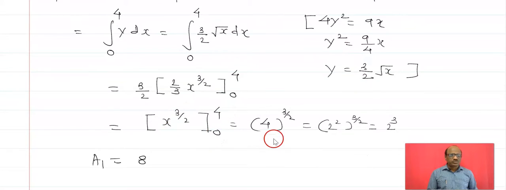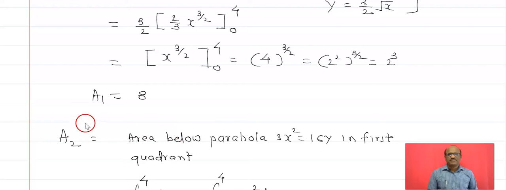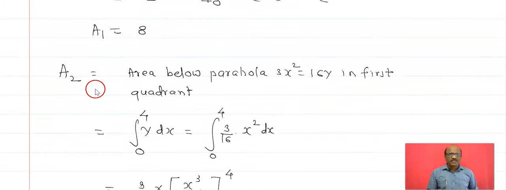Substitute x equals 4, that is 4 raised to 3 by 2, lower limit is 0. 4 raised to 3 by 2 means what? (2 squared) raised to 3 by 2. This 2 gets cancelled, 2 raised to 3, and that's A1 equals 8. What about the area A2? The area below the parabola 3x squared equals 16y in the first quadrant, that is integral from 0 to 4 of y dx, 0 to 4 of 3 upon 16 x squared dx,